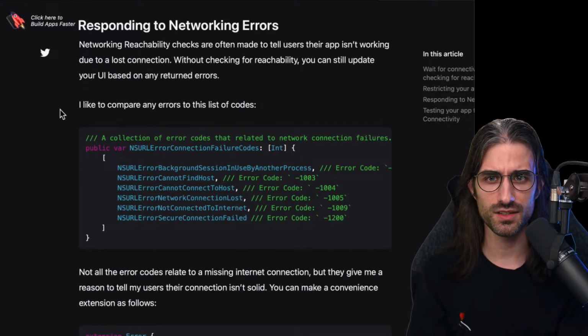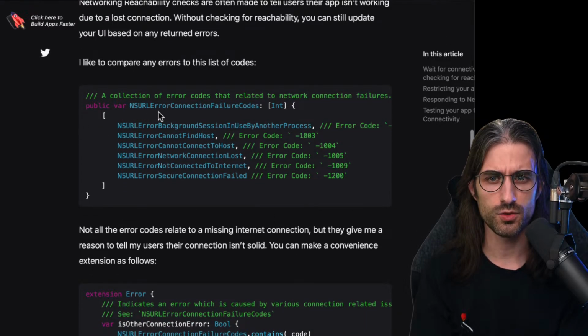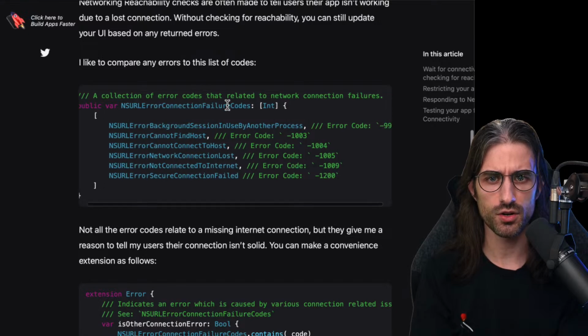Then, responding to networking errors. Networking reachability checks are often made to tell users their app isn't working due to a lost connection. Without checking for reachability, you can still update your UI based on any returned errors. I like to compare any errors to this list of codes. So NSURLError connection failure codes, an array of integers, a collection of error codes that relate